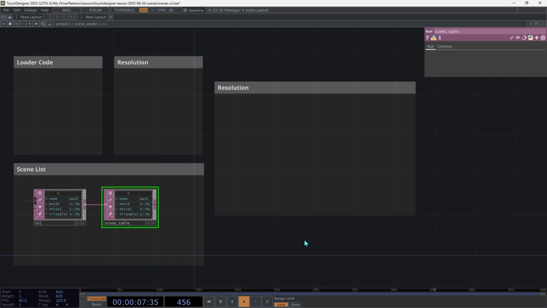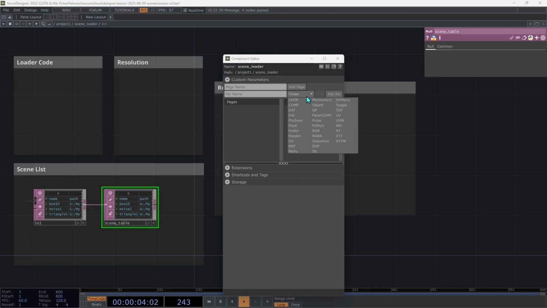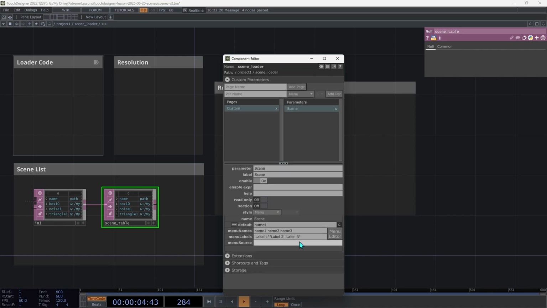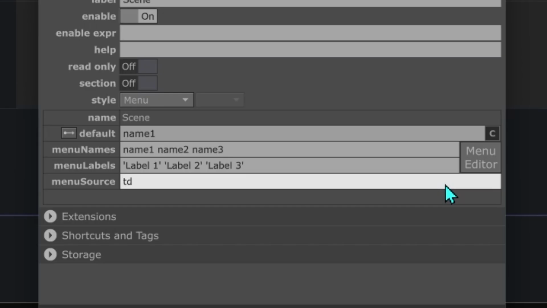Next thing is going to be our drop-down menu. So let's right-click in an open spot in the network, do Customize Parent. And this time we're going to change the type to Menu, add a parameter called Scene. Then to link this to this table, we're going to use a little bit of Python in here. It's going to be tdu.table,